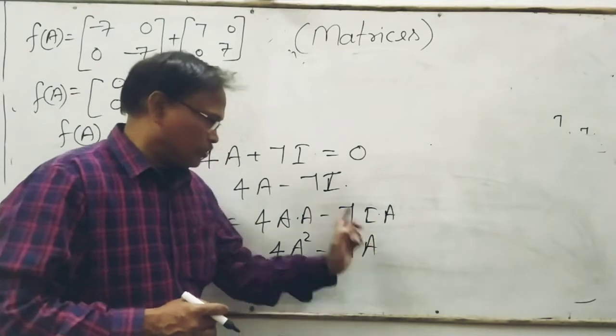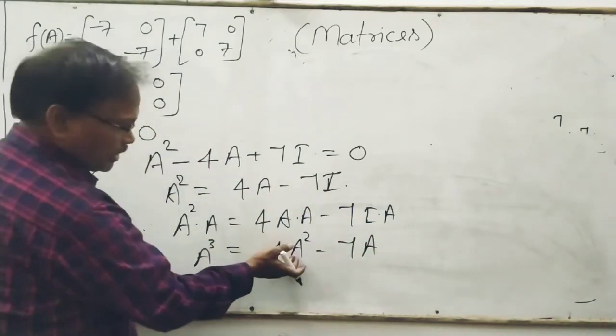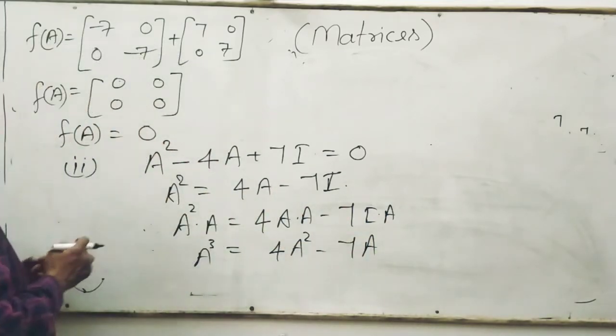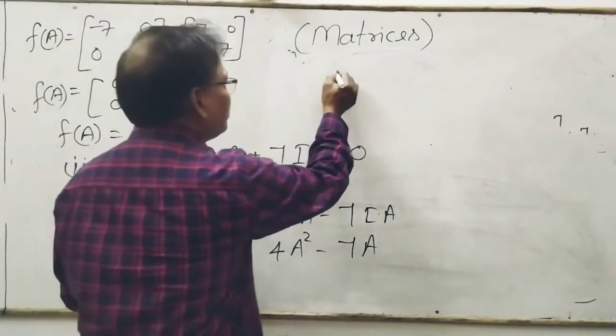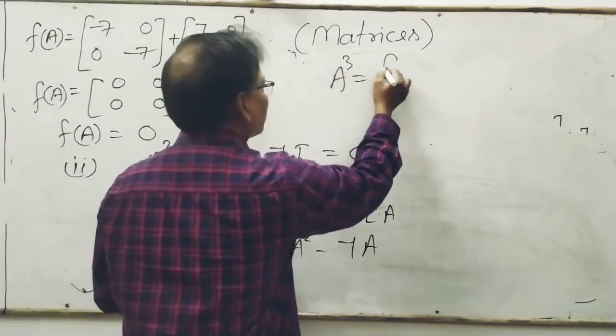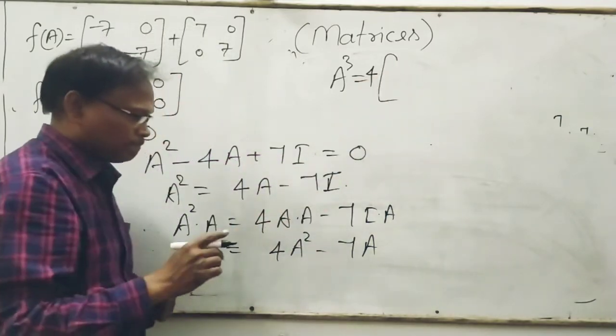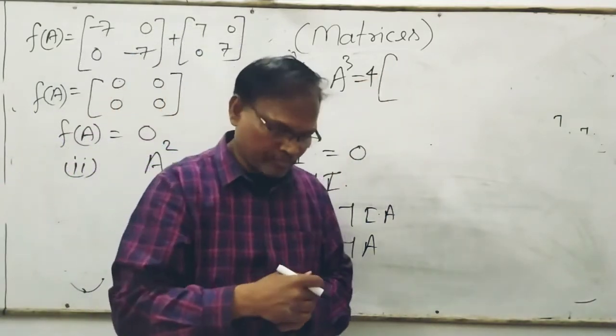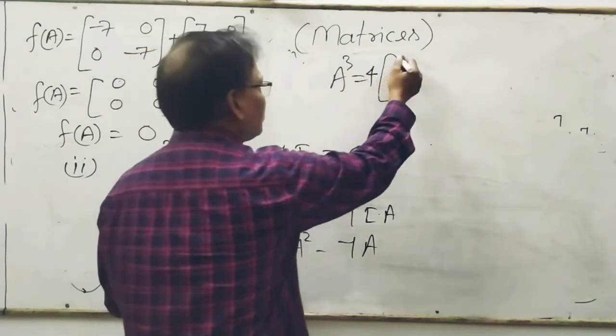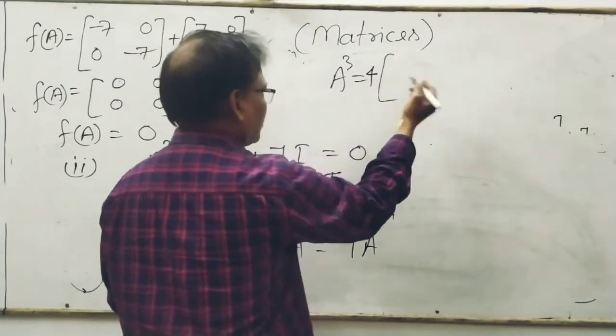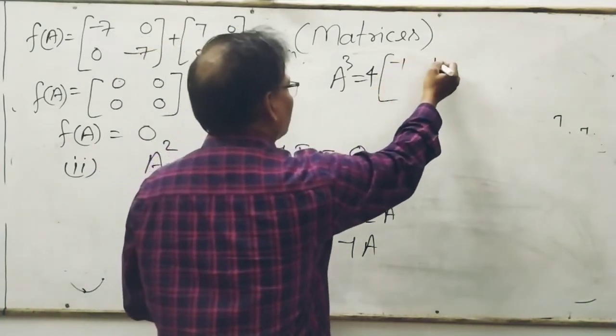So 7A will be left. Now you can put directly A square and A, whatever A square you found, we put it in, so this will be 4A square that is found, that is maybe this something, so if we find it, then minus 1 12